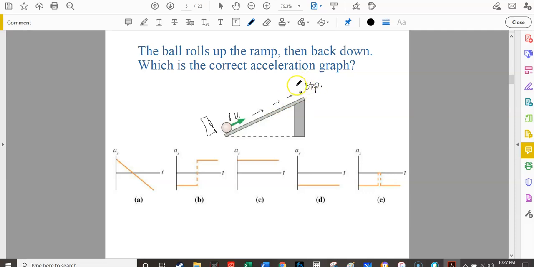Okay? And then what's going to happen is it's now going to start going the opposite direction, and it's going to start speeding up as it's moving downhill until finally it gets right to where it started, and its velocity vector that it started out with is going to be coming back as its final velocity. Okay? So what does that tell you if something is moving in the positive x direction, and